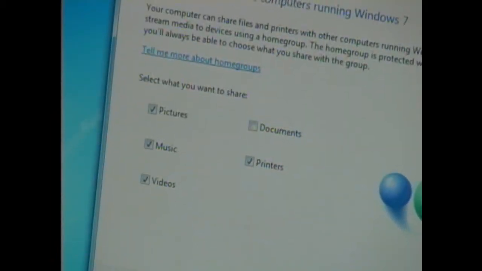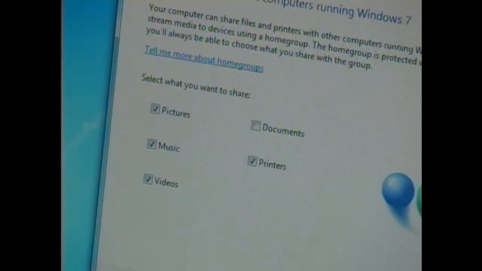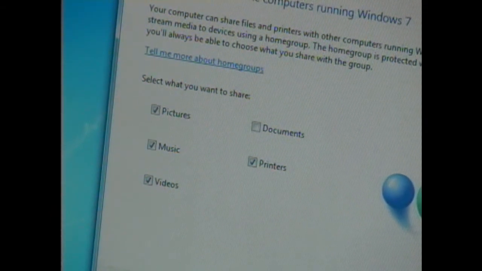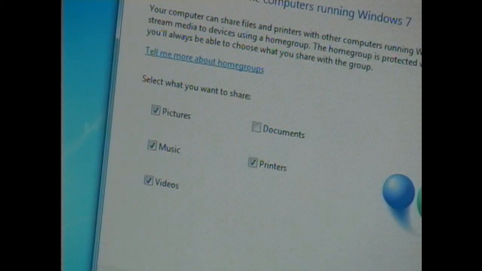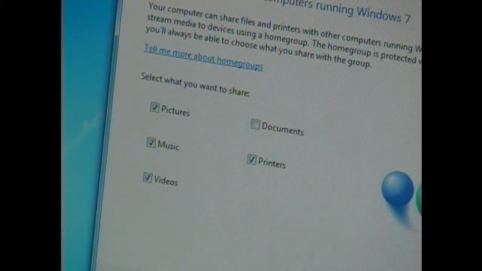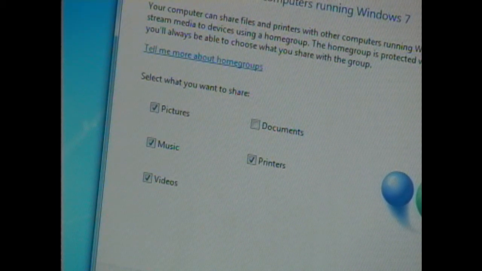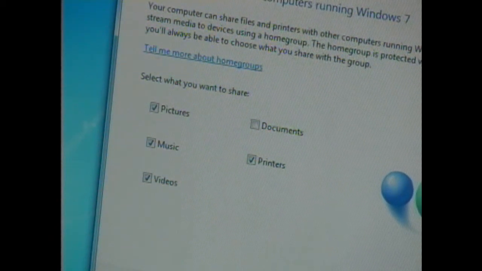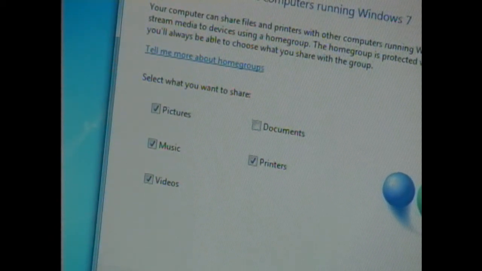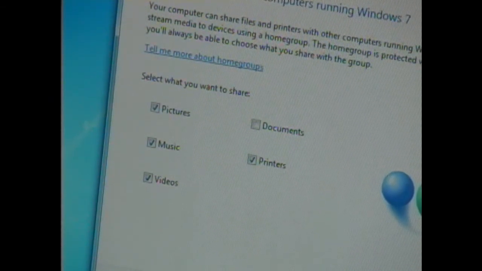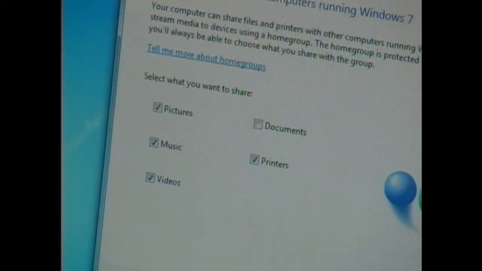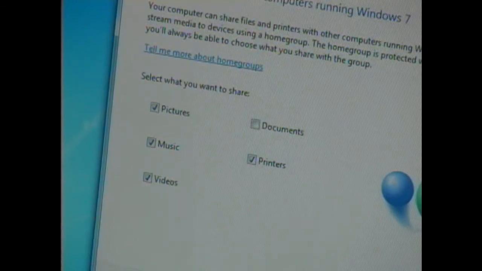What if I had a home business? If I had a home business, would I still select home instead of work? You can, because actually the settings for home and work are the same. They're secure networks. I don't even understand why they put both. They should be home/work. But they have those two settings on there, and they give you the same. In fact, I'm going to read what it says. It says, if all the computers on the network are at your home and you recognize them, this is a trusted home network. Now I'm going to read what it says below for work. Same scenario. They just changed